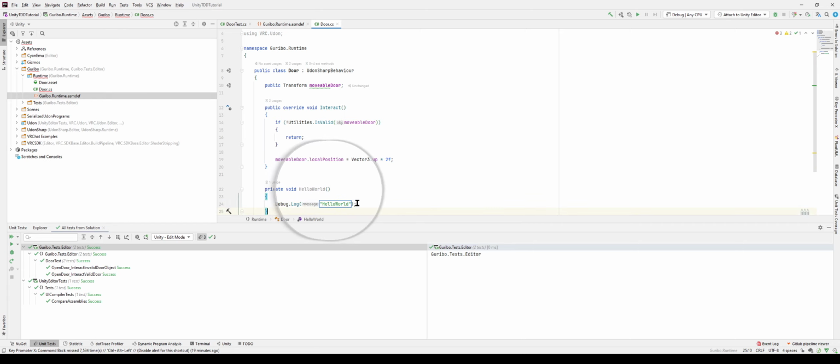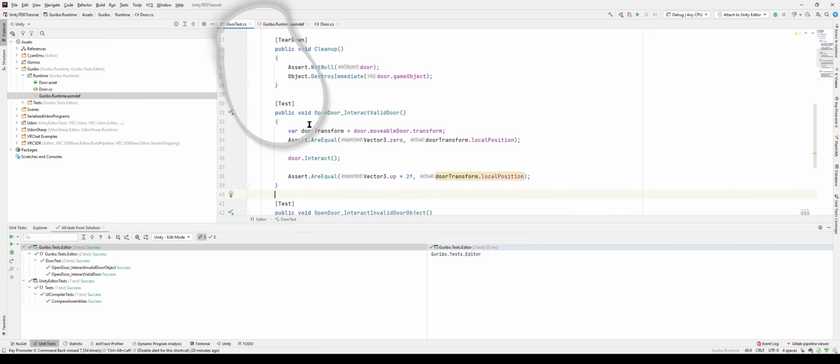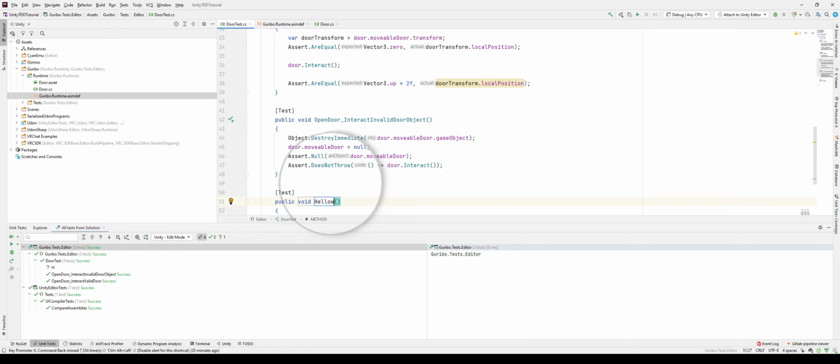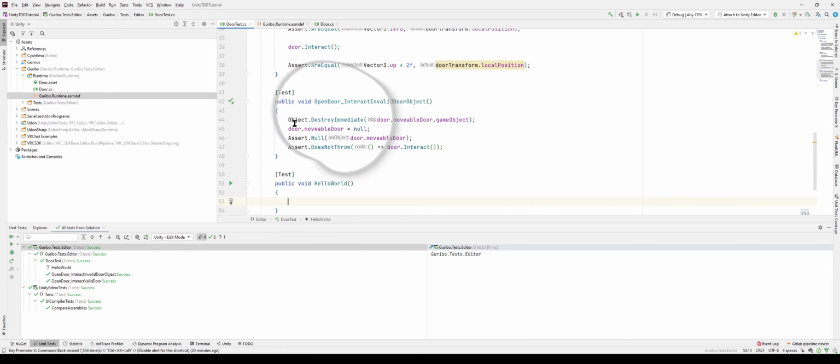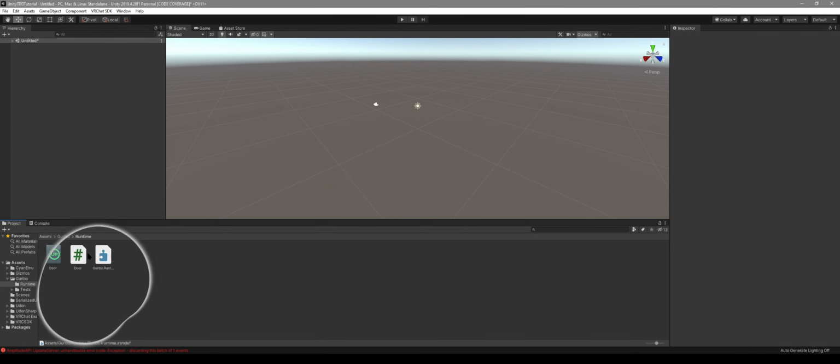So it does really nothing. And I want to, let's say, make this nothing. So I want to test this. Private, obviously, you can't access from here. So if I write a test for that, hello world test, and I have my door, I say door dot hello world. That nothing appears here, right? So it's not here. To fix that, we can go to the directory where the private function code is,